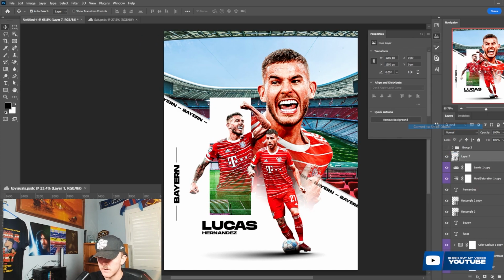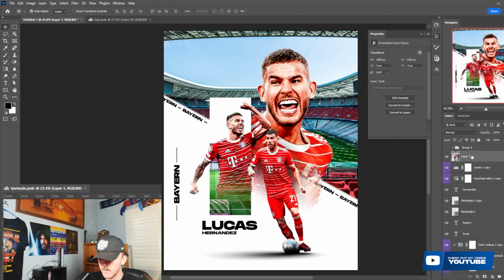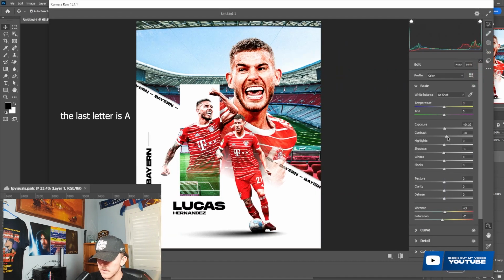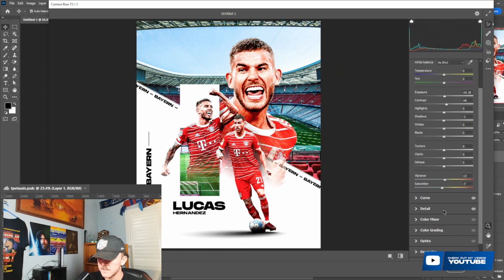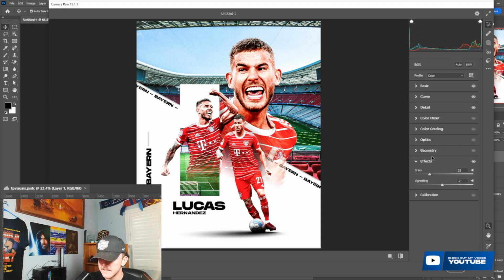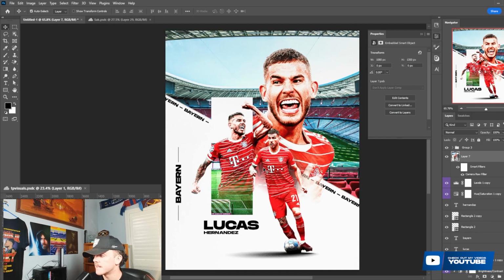Press Ctrl, Shift, Alt and E. And I'll walk through our camera raw filter. So we've increased the exposure slightly, the contrast a little bit, shadows down, decreased the saturation, and added a bit of noise reduction. Maybe just a little bit less, tiny little bit of grain, and a bit of vignetting. And then over the top of that go our textures. And there we go. That's how we make this